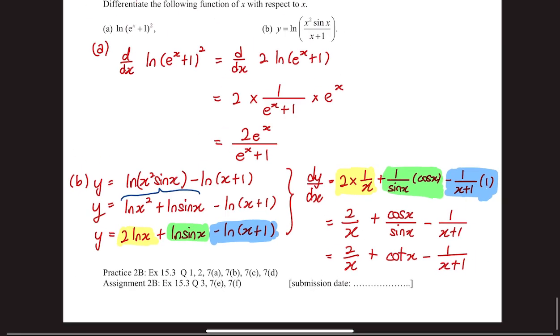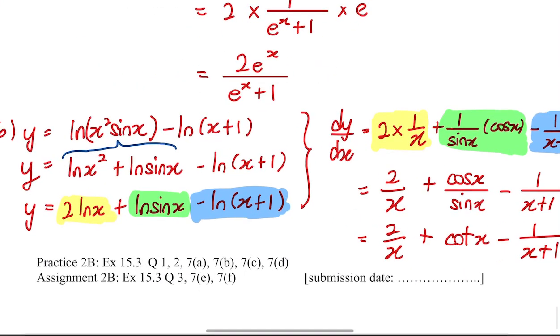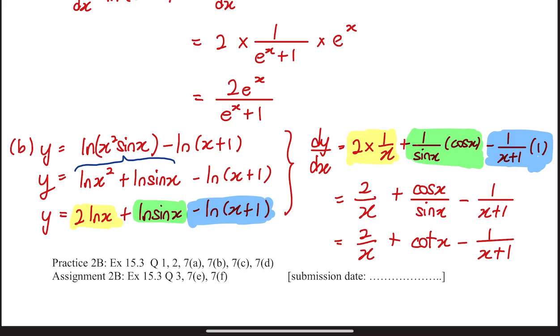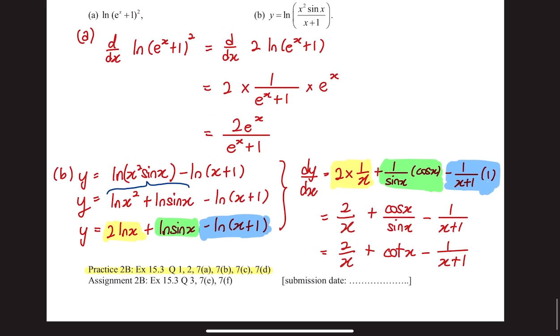Okay, and this is all for this worksheet. And now that you have learned how to differentiate logarithmic functions, you can now also try the practice questions under 2b, which is over here. Okay, this will mark the end of this